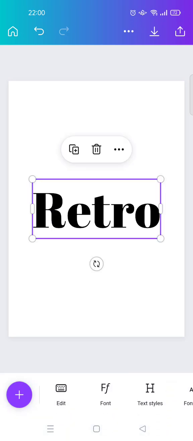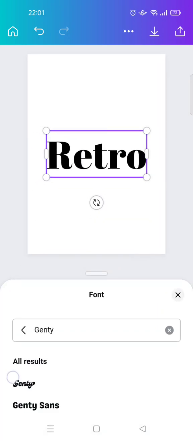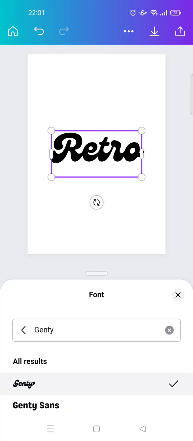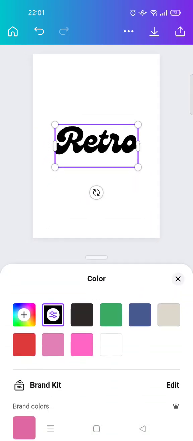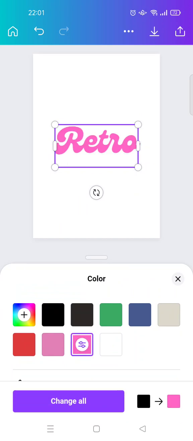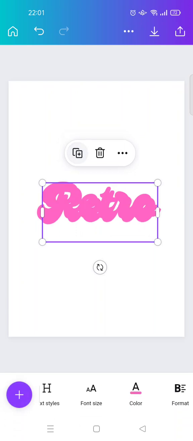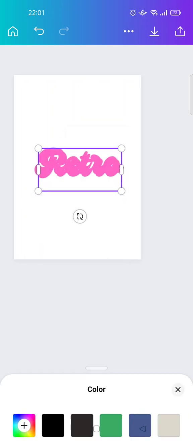On today's tutorial, I'm going to show you how to create retro style text in Canva. So first, you just need to open Canva and then just add your text and change the font of the text into this one, use this retro style font, and you can just go back and change the color of the text. I'm going to use this color and then just duplicate the text 3 times and choose a